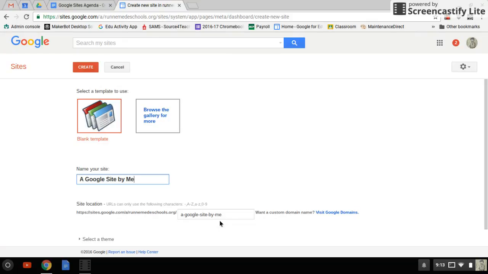You can't change the name in the address bar here. Now I can change what it says on the website, but it's better to go with a very simple name as opposed to one that's kind of long and drawn out, like a Google site by Steve Benora, blah blah blah blah blah. That's not good. Just as simple as possible. All right, so create,